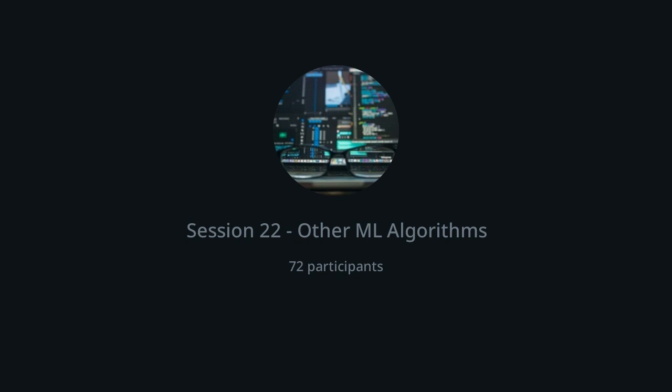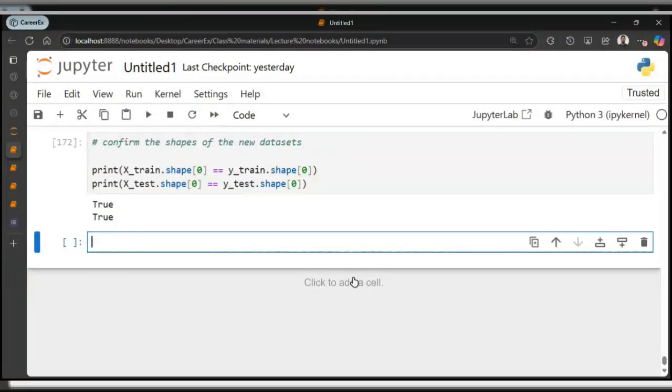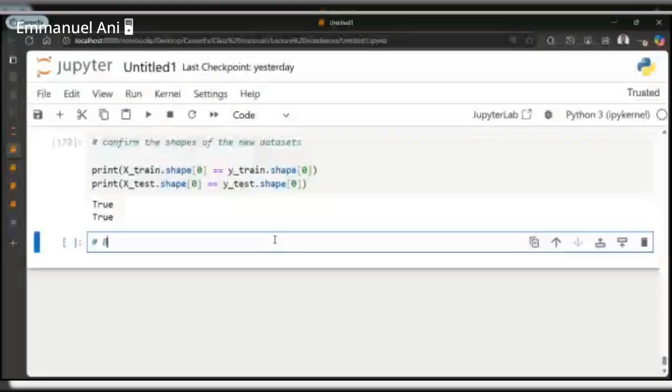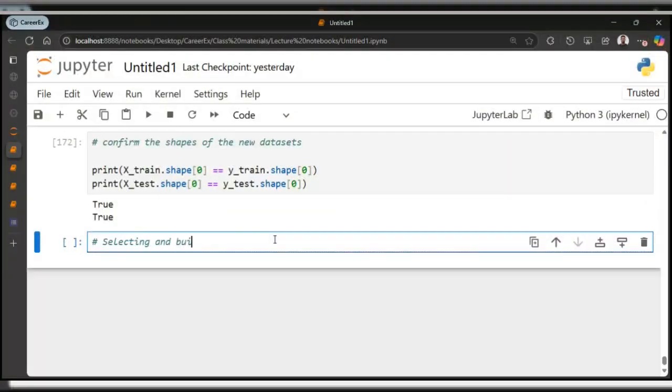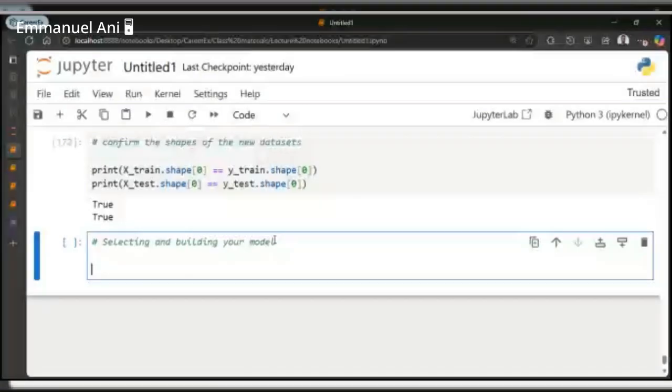The next thing you do is, anyway, we're not done with this ML, so there are some other things we're going to look at in class that you need to include. But the thing you're going to do is go on to selecting and building your model. Since we've only worked with logistic regression, we're going to use logistic regression. But next class, we are going to look at other classification algorithms. So obviously you would have to use all these other ones together with logistic regression, or whichever one you want to use.